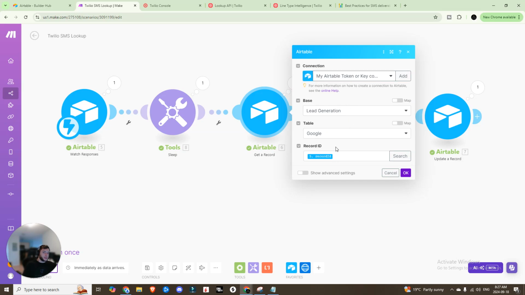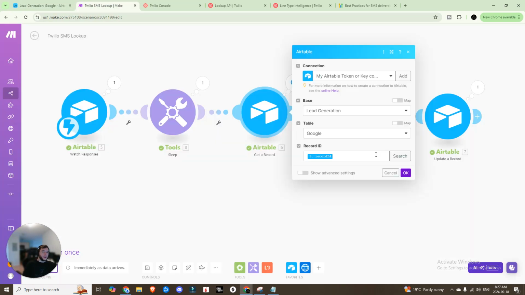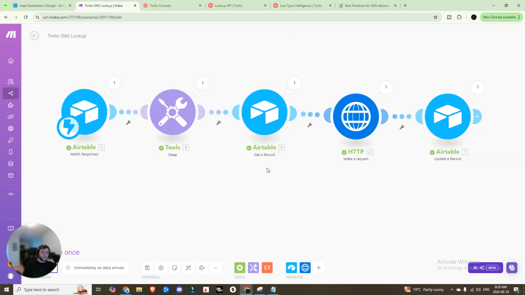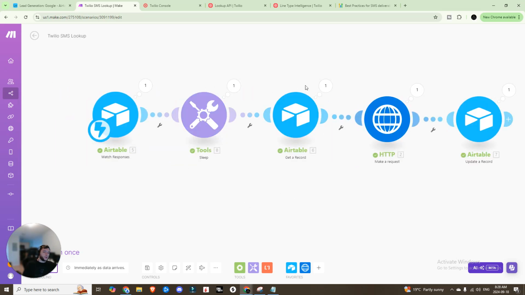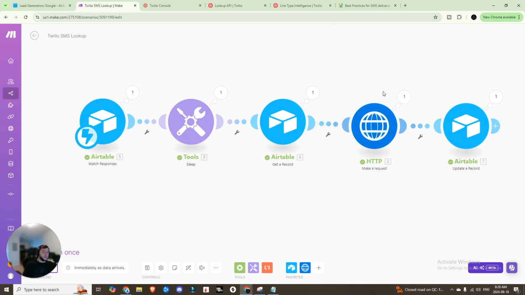And then I just went ahead and connected it to my Airtable base, to the Google table right here. And then I'm just grabbing the record ID from the first step. So now you have those 3 steps done. Then I would run it once again so that you get some data populated in here like this. And then from there, you are going to do your